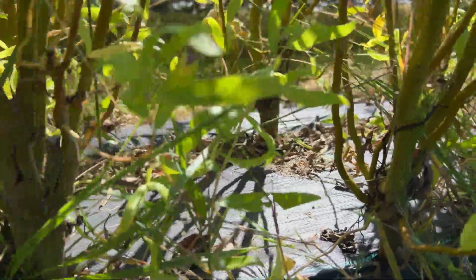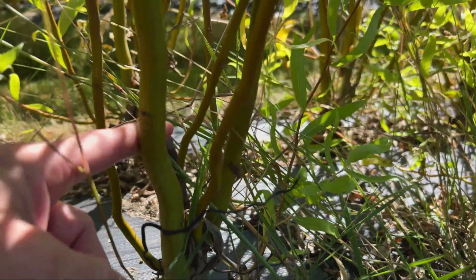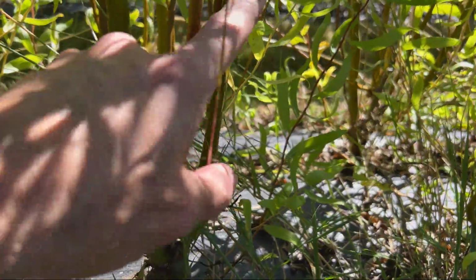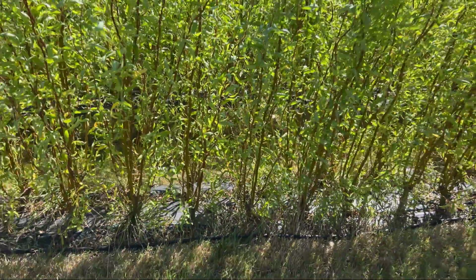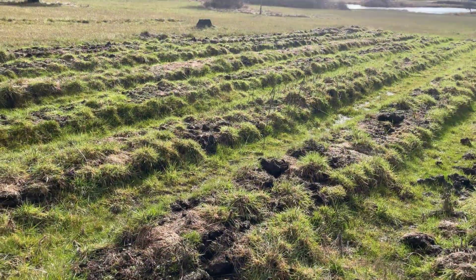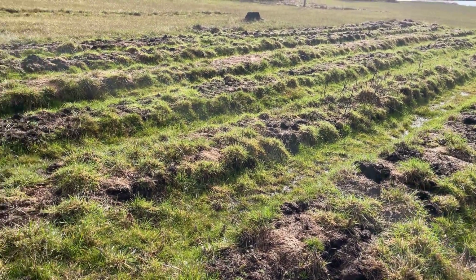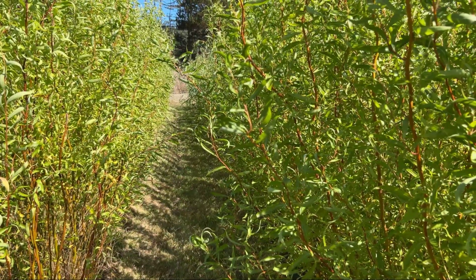So if we come down here and we take a look, you can see this is where we cut it last year, right here. And then this growth right here is this year's growth. Willows are really amazing plants. As long as you give them water and they have sun, they will grow like crazy. We converted some old beds here that we used for garlic, and we just planted different varieties of willow